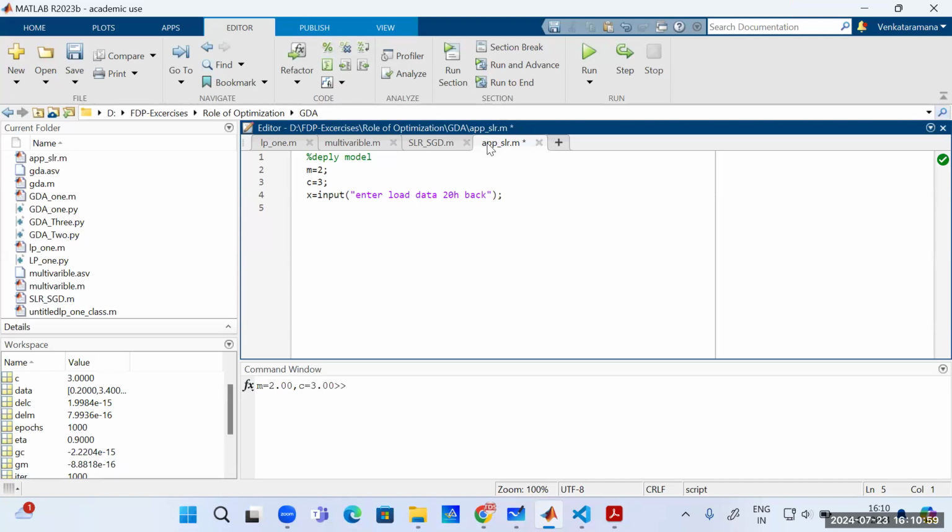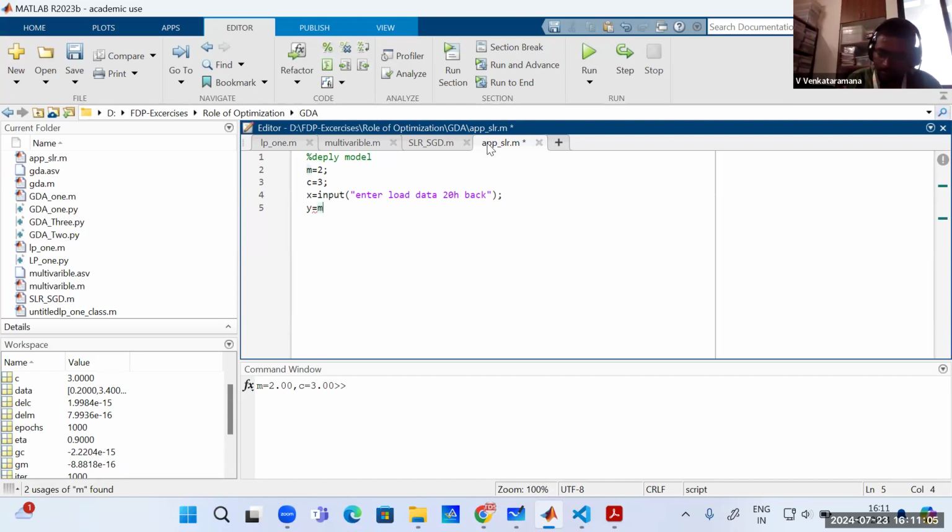Y equal to mx plus c. That's the predicted output: y equal to m multiplied by x plus c. That's it. Now, once it is over, we are going to print it on the front screen. That's only required. What the user is expecting is that the operator enters some value and wants to see